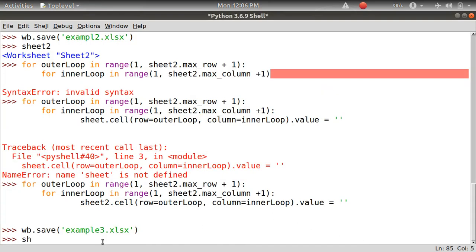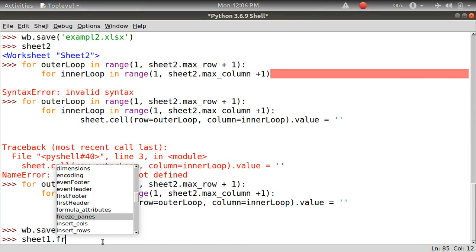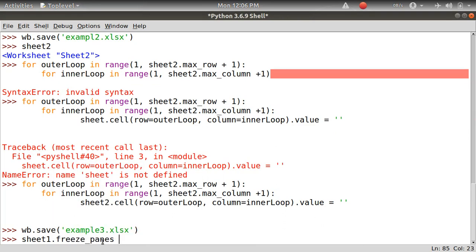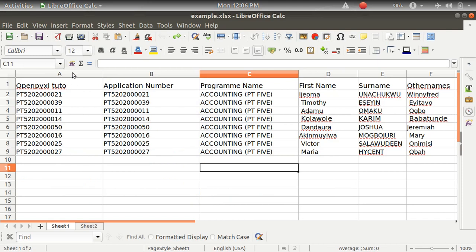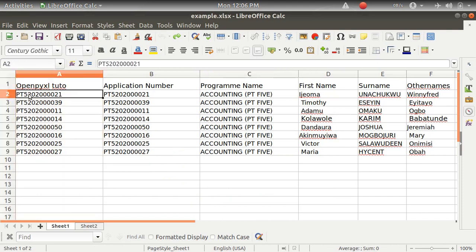So we say worksheet 1 dot, let me not forget that again. This time around it will be what? Freeze panes. Then you give it the coordinate. Let's say we want it to freeze A2. Now somebody might be thinking A2 should be A and then 2 here. Well, the